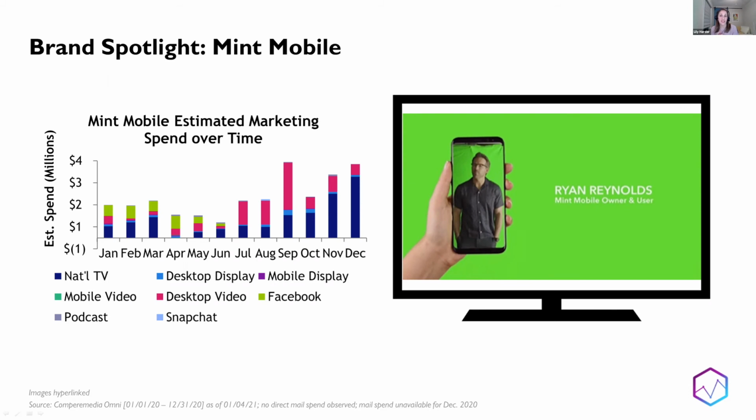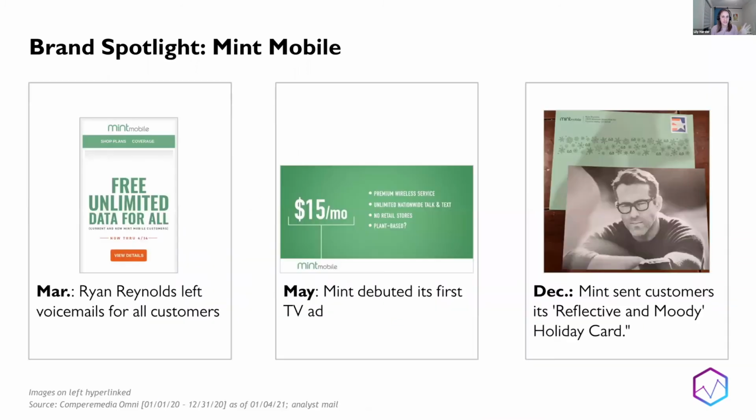They also had a national TV spot that was highlighting various new offers. I thought what was really funny is they kind of leaned into some very creative TV offers. In fact, there was this holiday spot that featured Ryan Reynolds really poking fun and making fun at other cellular competitors that they were spending so much on their holiday marketing, and his was literally just, you know, him in front of a green screen. So it was kind of, brought the humor in. Everyone was in need of some humor by the end of the year. So they did some of that in TV.